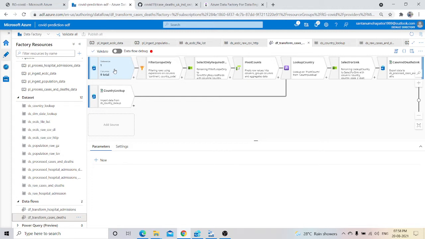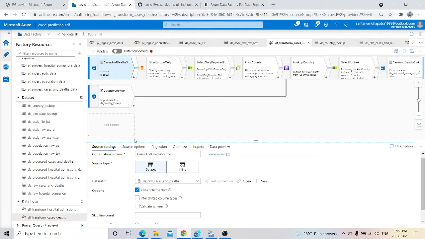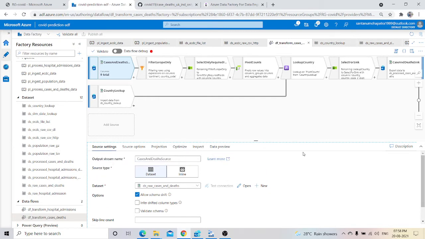After creating this file, you can see that I have given the name over here. The type should be the data set, that we give from the data lake storage, or it is already present in our data sets. Raw cases, you can see, is present over here.